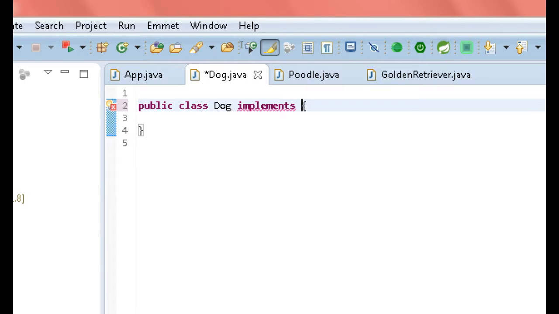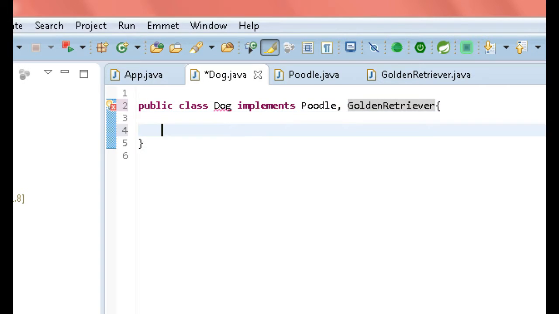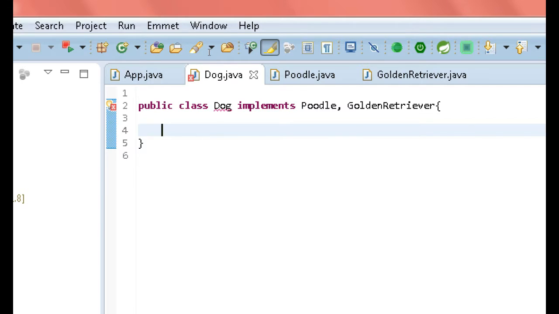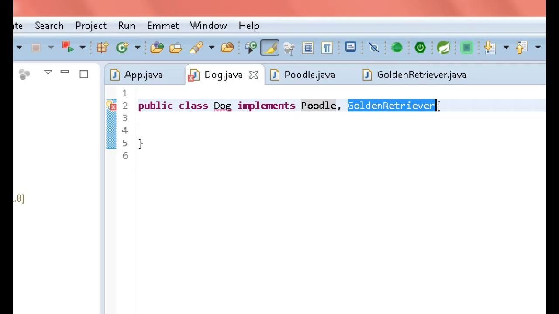And what we want to do is implement both the Poodle and the Golden Retriever class. Now when we're implementing these interfaces, you're going to see up here, we're going to have a problem under dog. Now it's complaining that we have not added the unimplemented methods because these abstract methods in these classes need to be implemented. So you have to create methods for each